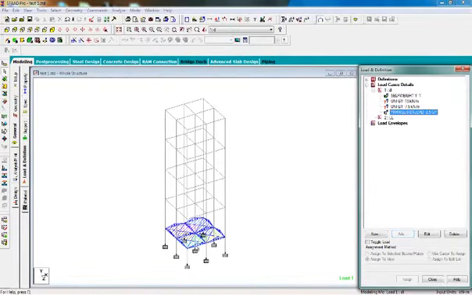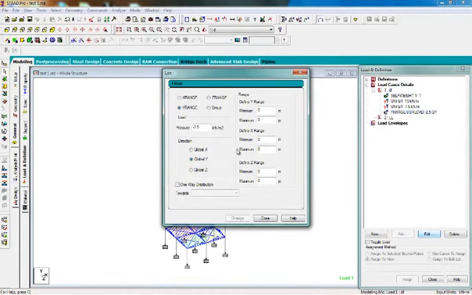Otherwise, because your floor load will not be on the ground floor, just think about it, the floor load will not be acting on the ground level, but here you see it has been acting on the ground level, because there is another important criterion that we have missed, and that is range. We can define the range from which floor to which floor it will be acting, or from which height to which height. It will be acting in the xz plane only, so we need to define the y range. So minimum from which height,